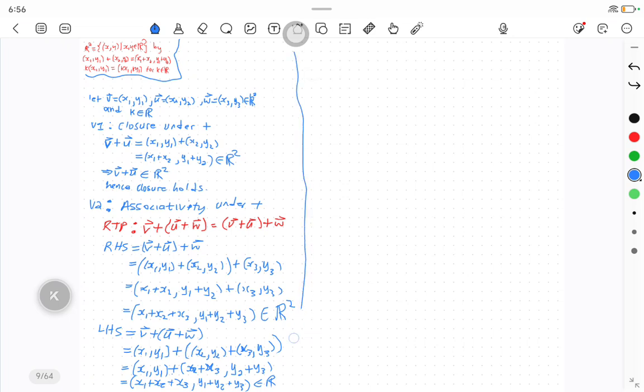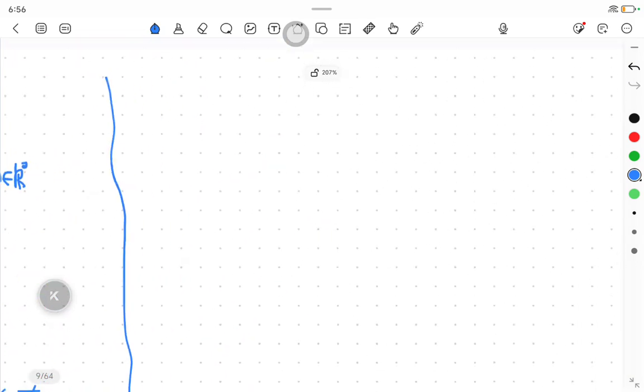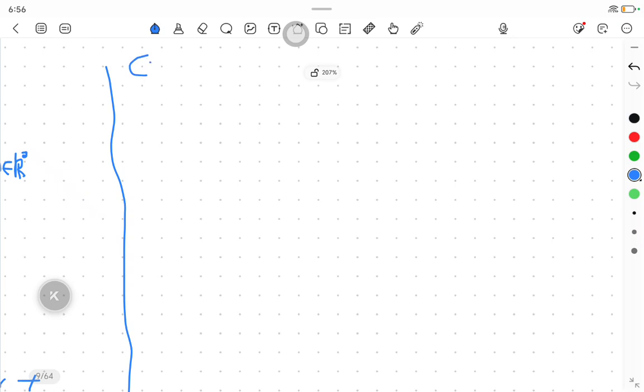For this case, the third one would check commutativity, which is not commutative. Let's check identity, V3. When we check identity, the first thing I'm going to do here is let E